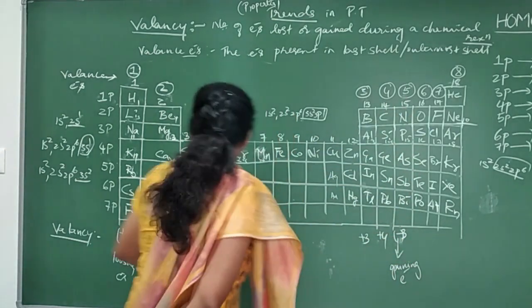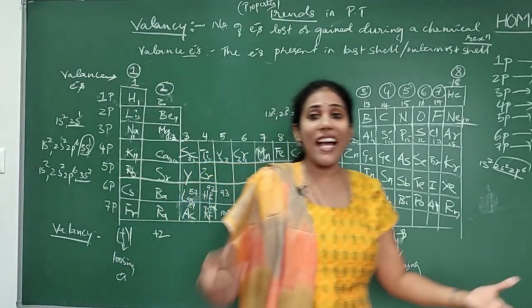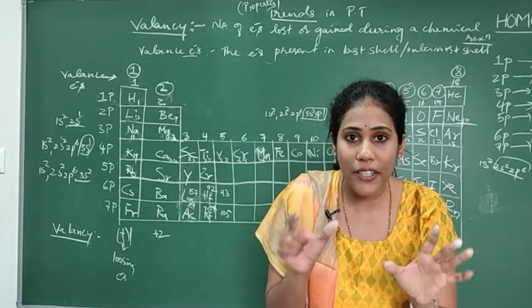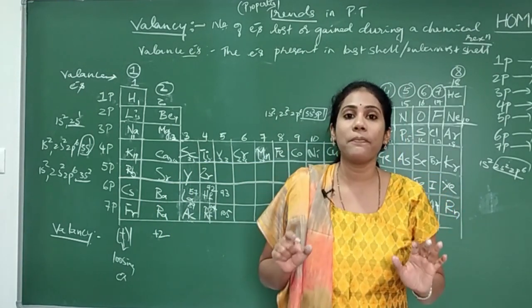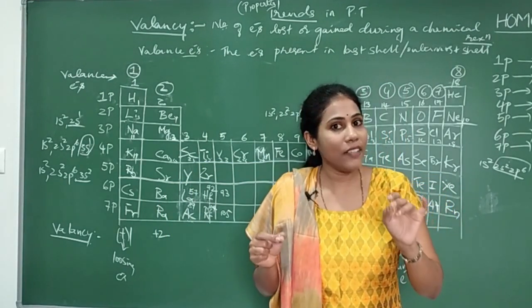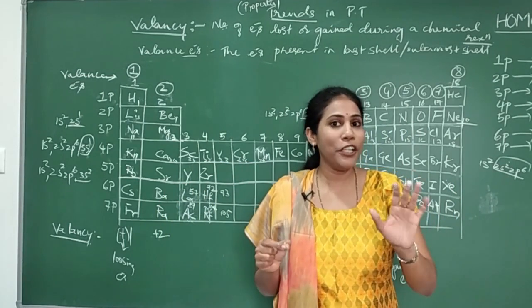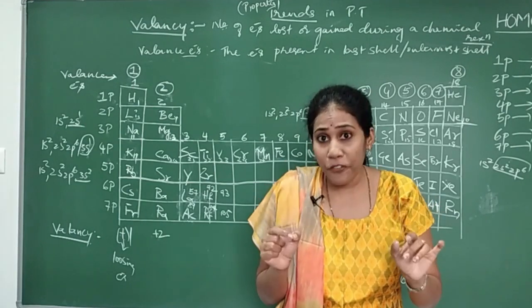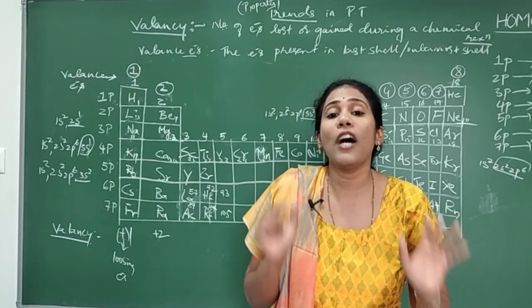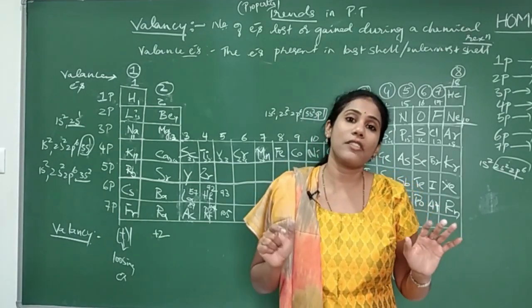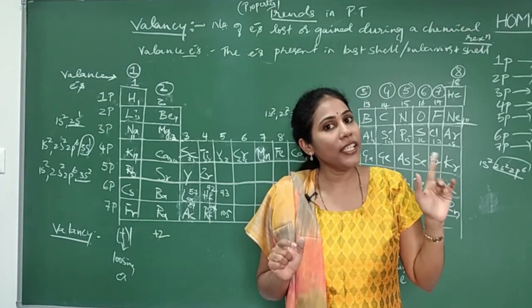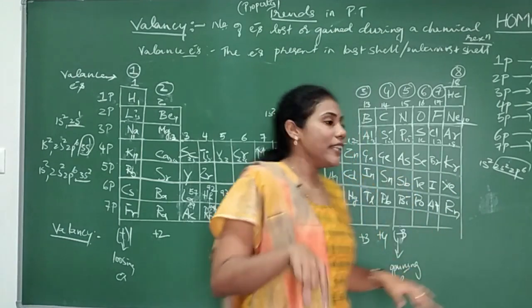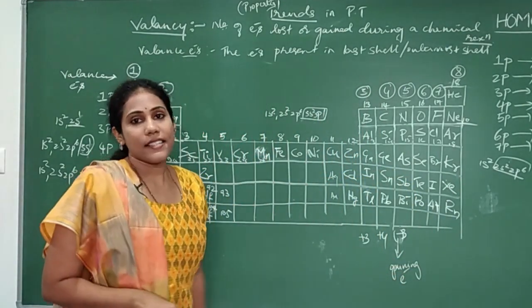So where is valency used? Valency is used to write the chemical formulae of compounds. That was my second video. If you want, you can go and watch it. Valency is helpful to write the chemical formulae of compounds. You can go to the link that is popping up above and watch it. There we will use the valency.